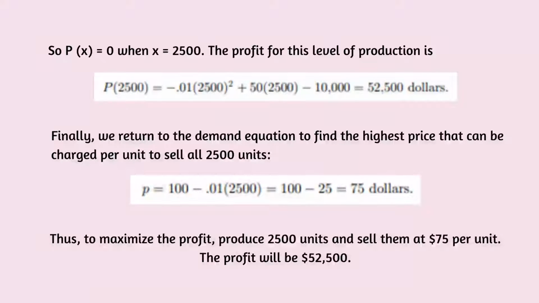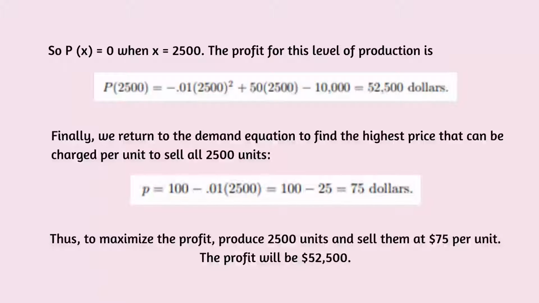So, P prime x equals 0 when x is 2,500. The profit for this level of production is P(2,500) equals negative 0.01 (2,500) squared plus 50 (2,500) minus 10,000 equals